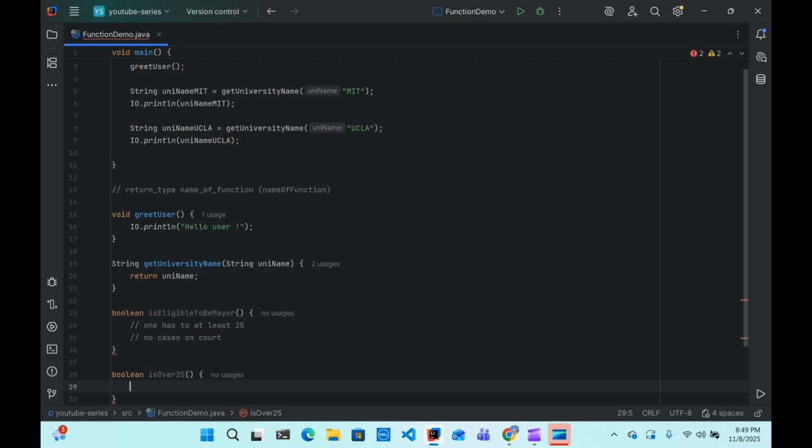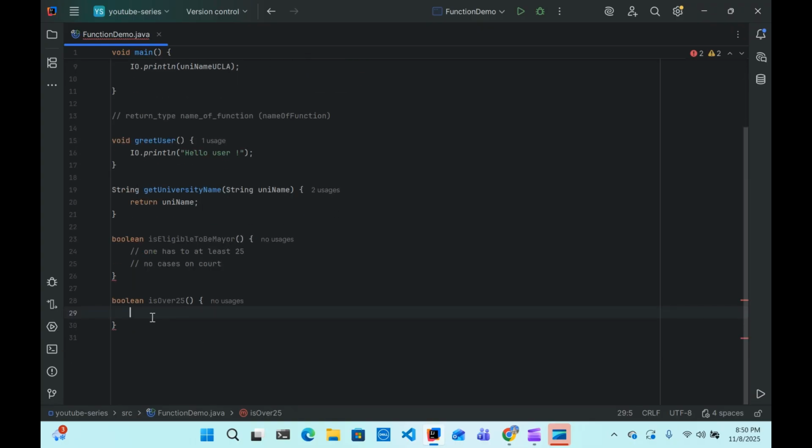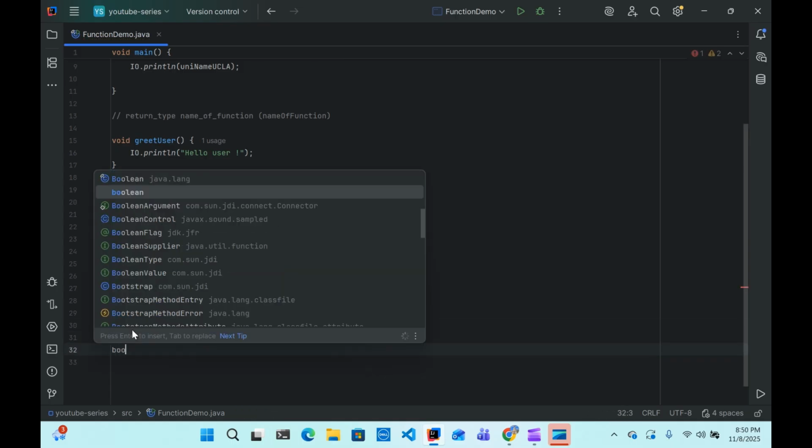So is over 25, and we can say return, and this is going to take an integer, age. We can say greater or equal to 25. That means it is going to return true if age is greater or equal to 25, otherwise it's going to return false. And then we can also create a function,